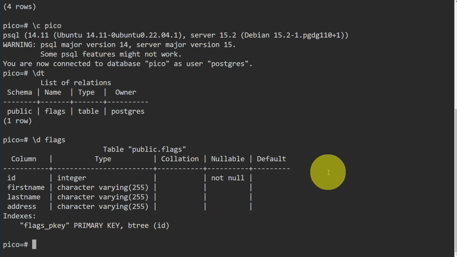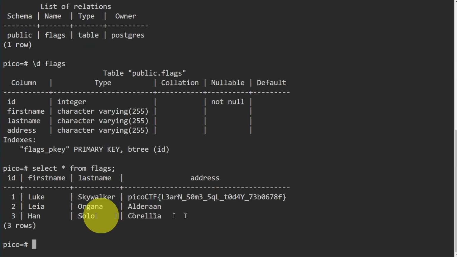What we want to do is retrieve all the information from the flags table, and we do so with the following SQL command: select star from flags. Then we give the semicolon because that's what we need to do for SQL databases, and we hit enter. We see inside of the output over here, there's the flag. The flag is picoCTF learned some SQL today. We just need to copy the flag